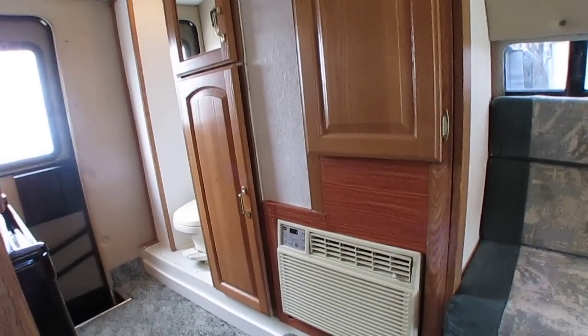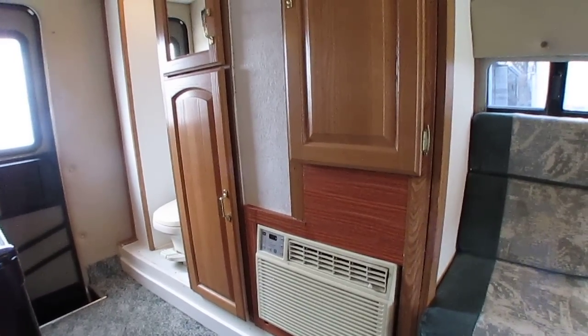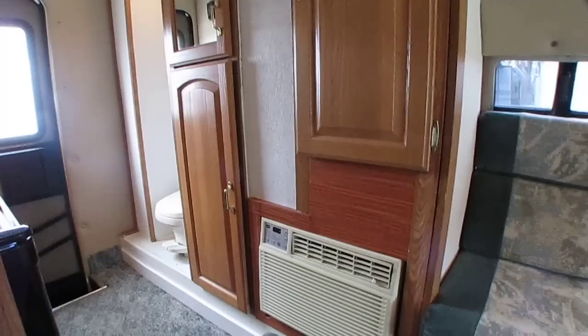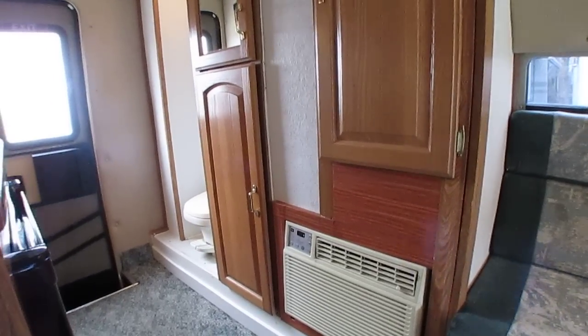But you get this unit after purchase. It will be inspected. Shouldn't take us more than a few days. Once it's inspected, my cleaning crew gets in here, cleans it inside and out. Then my service manager, Gordy, does his final walkthrough. If he's happy with everything, folks, he calls you to set up an appointment for you to pick up your